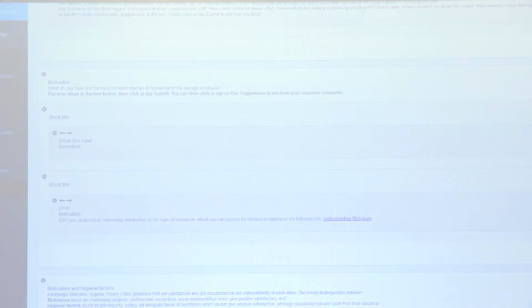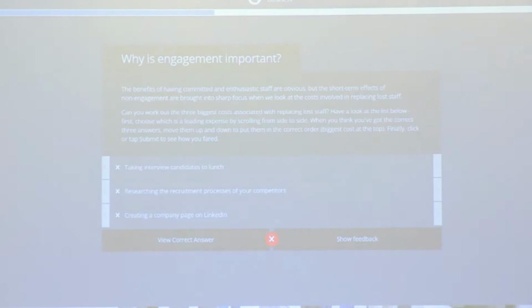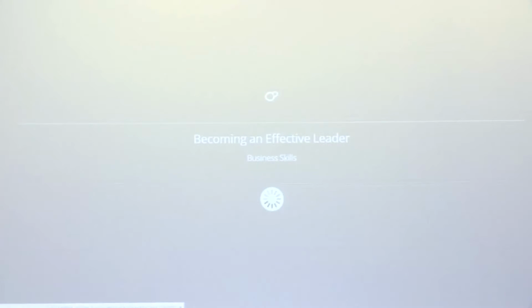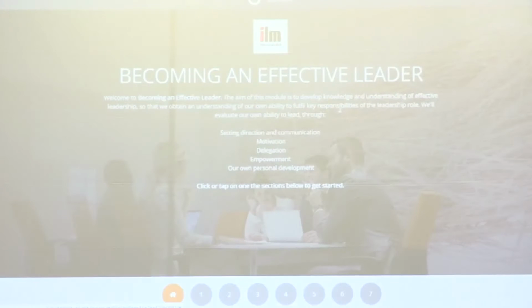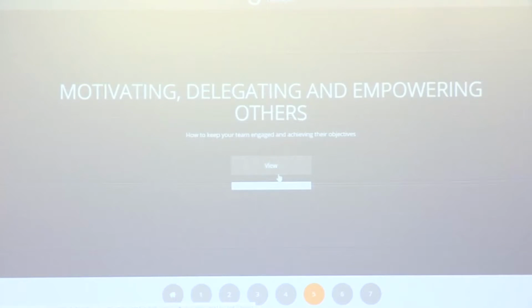And then if I preview that course again, and if the Wi-Fi allows me to do that, that is. Here we go. And I go into section 5 again,